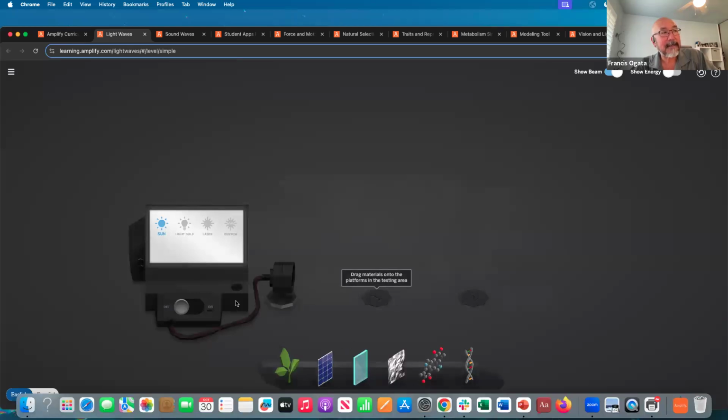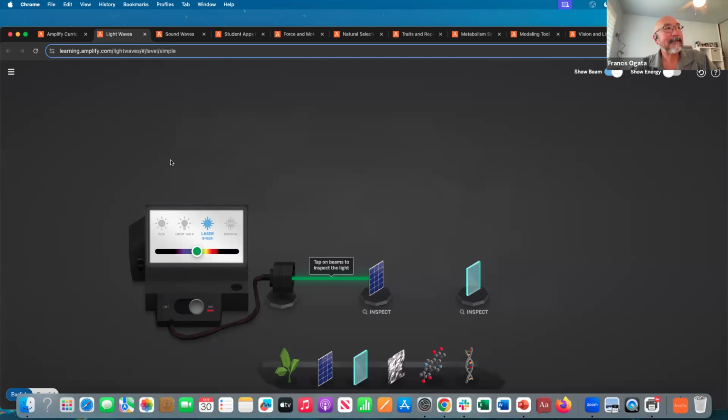So we have these lasers right here. Okay, and we're going to actually use light bulbs, but the laser is probably the easiest one to use. And then they can put different materials up to see if it penetrates those materials, right? And the idea is that when they're going through this, they can actually run this and see what happens to how the light actually doesn't penetrate. And so there's different things that they're able to do.